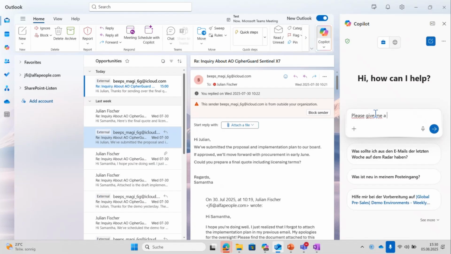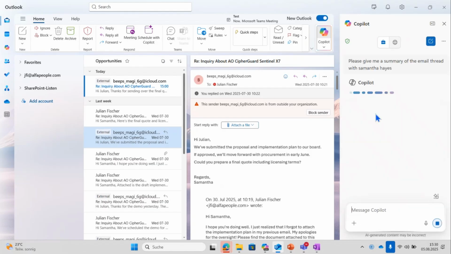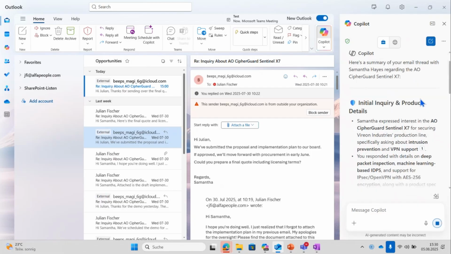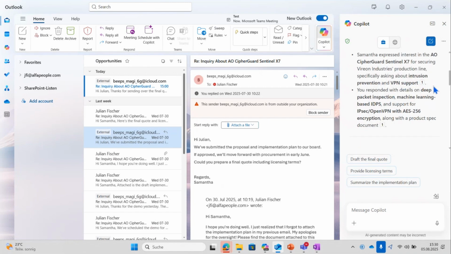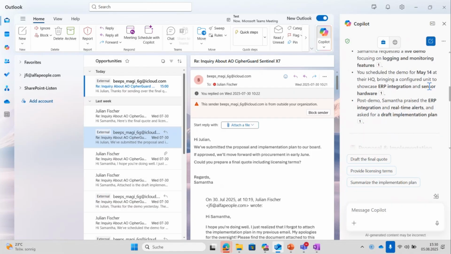Give me a summary of the email thread with Samantha Hayes. Because the automatic summary that we have at the top bar is useful in order to get a quick reminder of what generally is going on, the gist of it. But over here, we really get details. We get the sources that we so like and the key information in a structured and overseeable manner that is very useful to me, and that can jumpstart the process of continuing